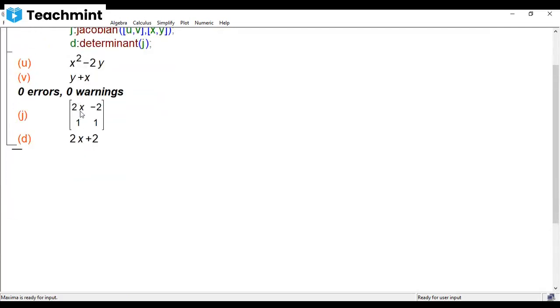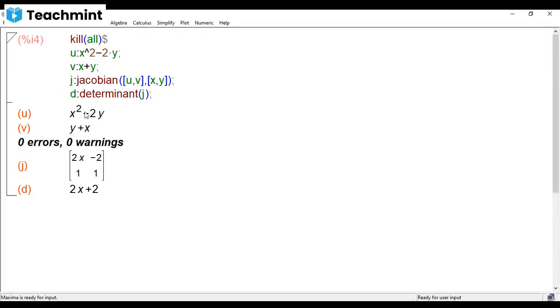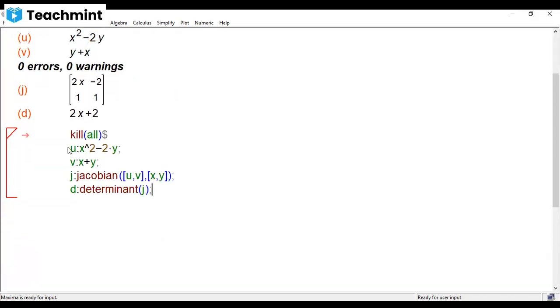See, dou u by dou x, dou u by dou y, dou v by dou x, dou v by dou y. Then the determinant of that is your 2x plus 2. So the same answer we got. Now let us see one more problem. Let me copy this, that reduces writing once again. So the next problem is x is assigned by r into